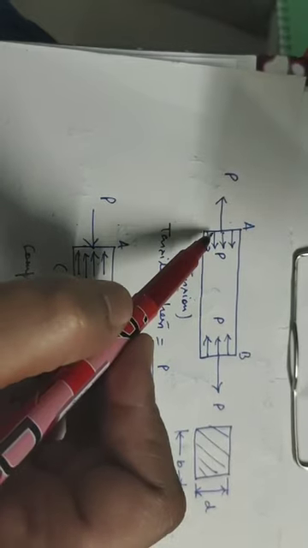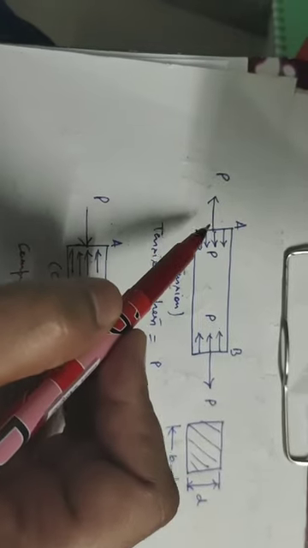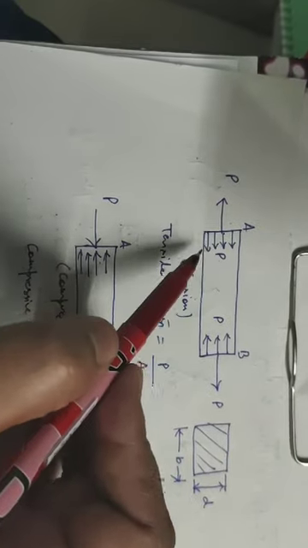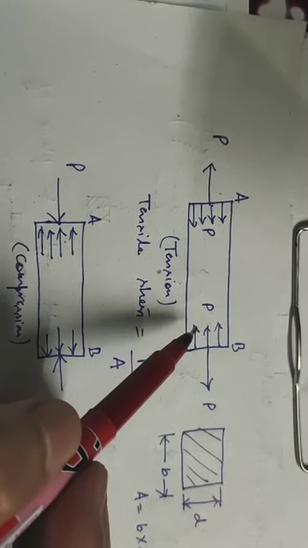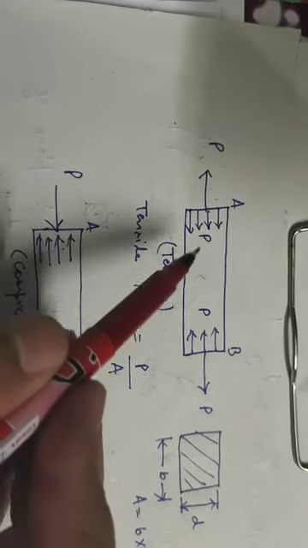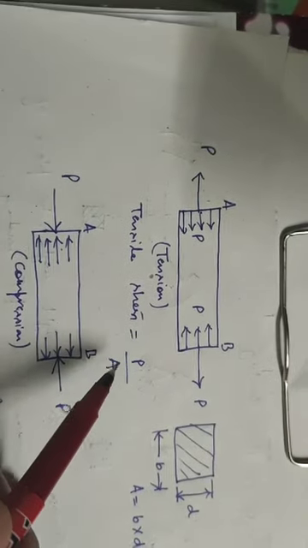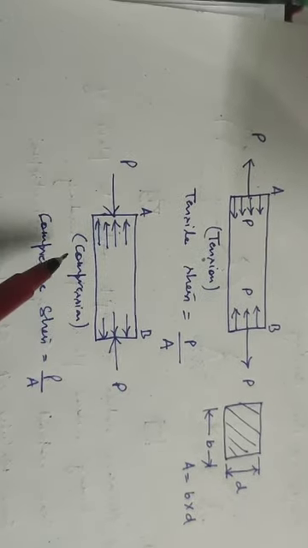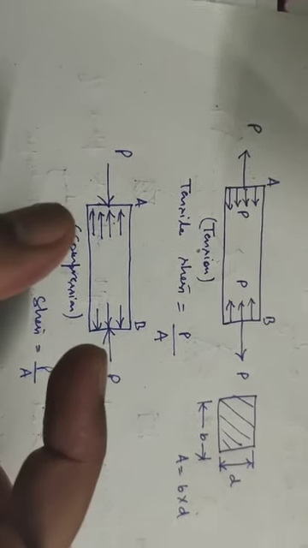तो मॉलिक्यूल में फोर्स आ जाएगी, the internal force P, and these two forces will be equal. They try to resist this force until and unless the rupture takes place. So these two forces will balance each other. So this internal force and this internal force is said to be your tensile force, or we can say this beam will be in a state of tension, and tensile stress will be the load, external load or internal forces, one and the same thing, P upon the cross section area. The cross section area is B into D. Similarly, compressive stresses, जब भी हम beam को push करेंगे, push, we will try to shorten the length of the beam.